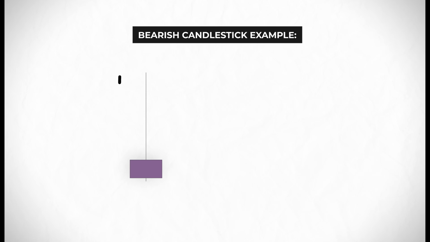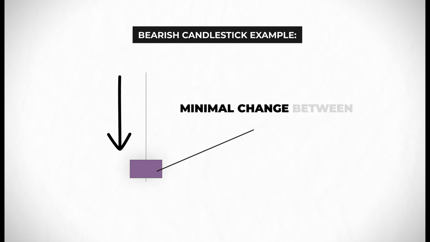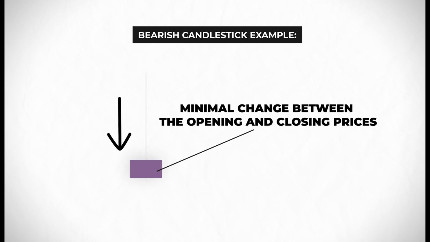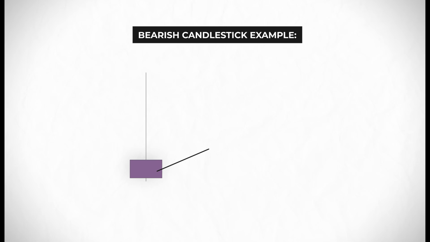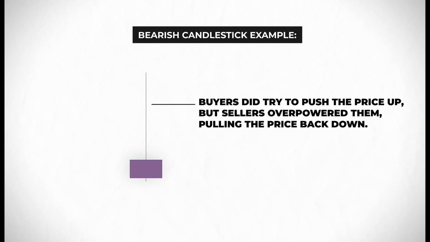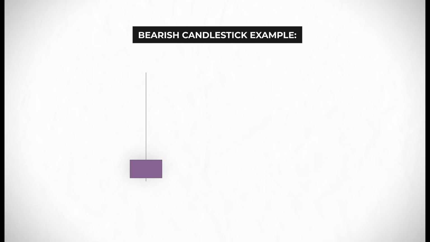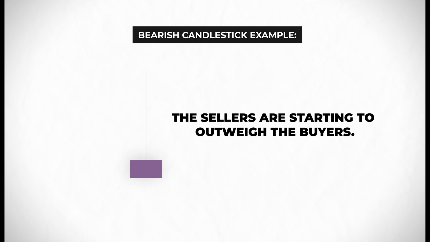So this pattern often reflects a bearish sentiment, and that small body suggests a very minimal change between the opening and closing prices. However, this extended upper wick reveals that the buyers really tried to push the price up, but ultimately sellers overpower them, pulling the price back down. So this kind of candlestick, especially following a price increase,